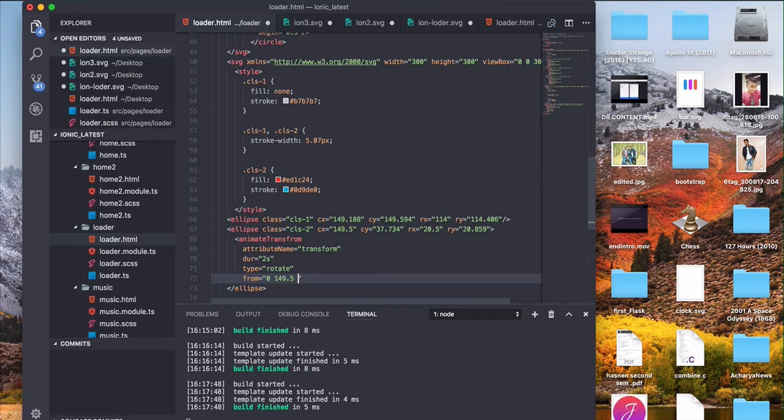Now when 149.5, you should minus 2 pixels of your CX to rotate perfectly on that ring. So if you minus the 2 pixels of your CX, it will be 147.5. So we tell our circle to start its rotation from this position and go to this position, so it should rotate 360 degrees. So we're going to specify 360 over here,